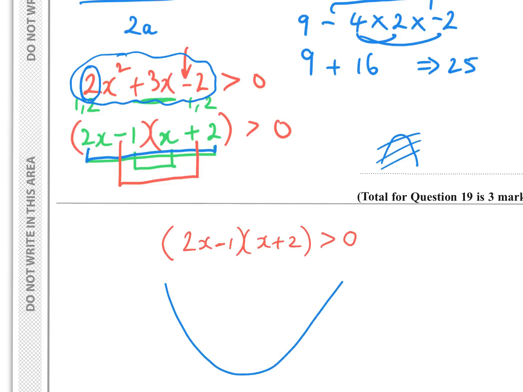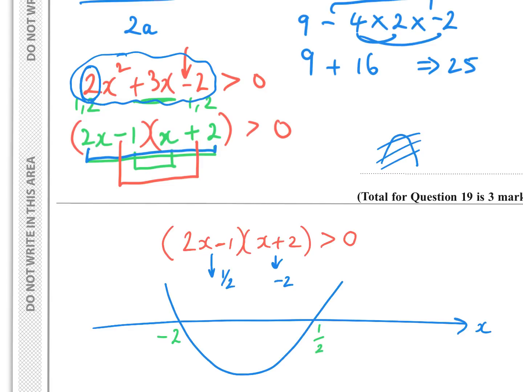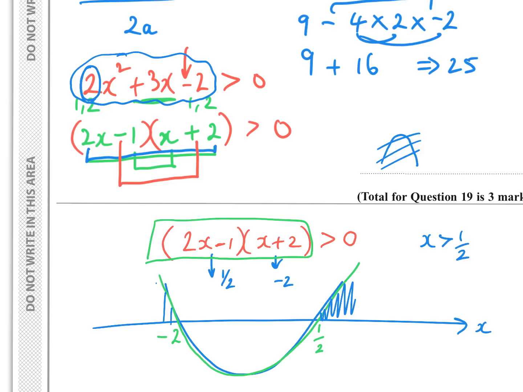So what you have to then do is draw a line representing the x-axis for your solutions. Put these brackets equal to 0. So this one would give x is a half, and this one would give negative 2. Put these in size order on your number line, and then just do what it says. It says, where is this expression, which is this quadratic shape, where is that shape greater than 0? Well, everywhere here where x is greater than a half,